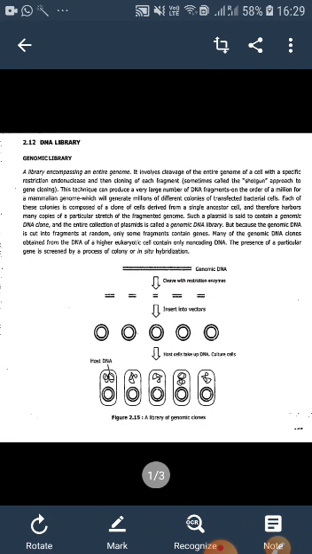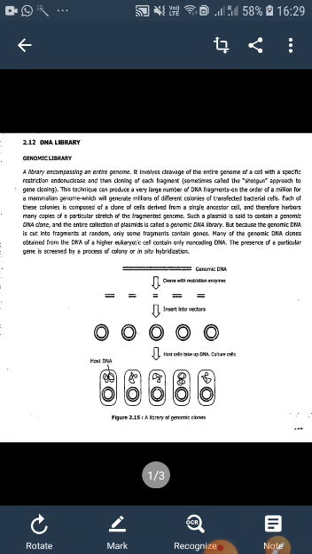We prepare a genome library by taking restriction endonucleases, as we have discussed earlier. It's a special enzyme which is used to cut DNA at a specific location. This process involves the cleavage of an entire genome of a cell with this special type of enzyme, known as restriction endonuclease, and then we clone each fragment. By this technique we produce a large number of DNA fragments, which will generate millions of different colonies